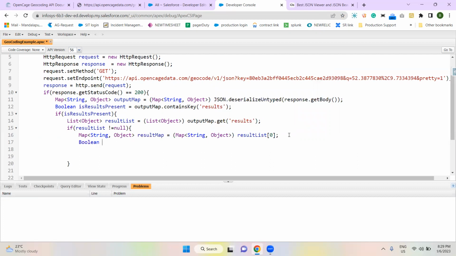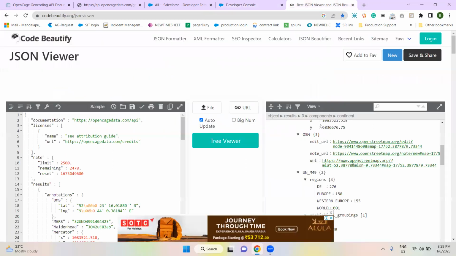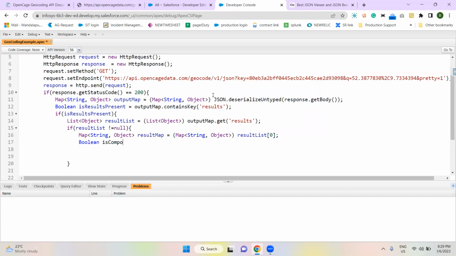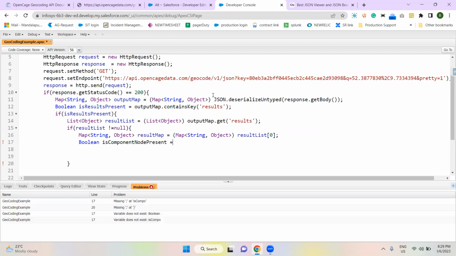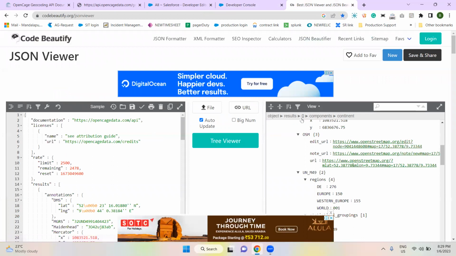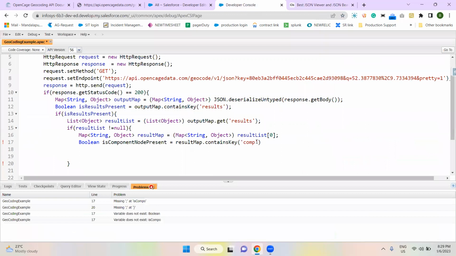From this map, is component... So what is the node name here? Components node. Okay, is the components node present? From this result map, I'm going to check whether it contains the components node or not. Let me just copy it from here. Components. Okay, if the components node is present,